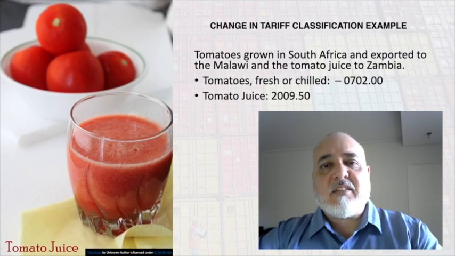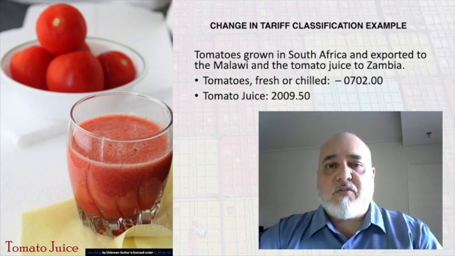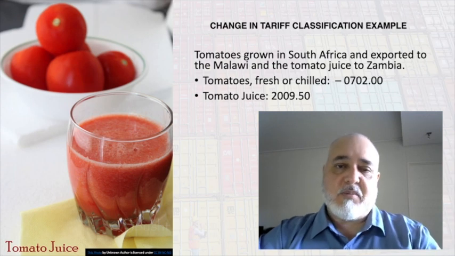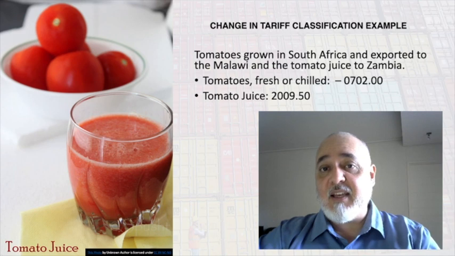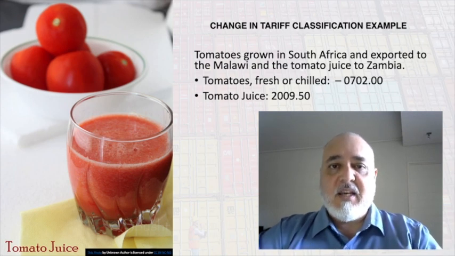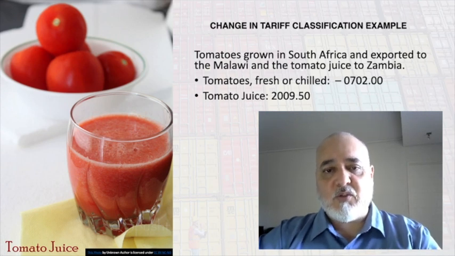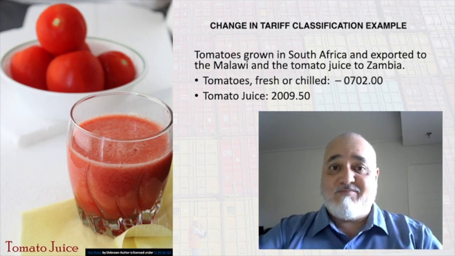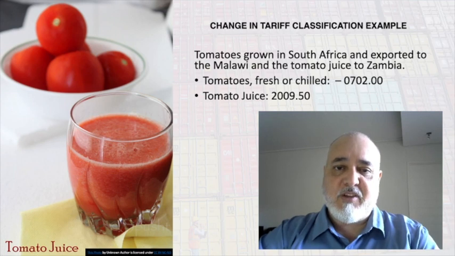But let's now apply this first criterion, the change of tariff heading, to determine the country of origin. We can take fresh tomatoes and tomato juice, for example. For the fresh tomato, we need to identify the heading or subheading in which it falls. And the tariff classification for fresh and chilled tomatoes is 070200. If the tomato is grown in, let's say, South Africa and undergoes sufficient processing, it will be considered as